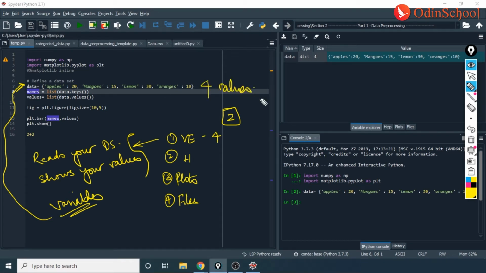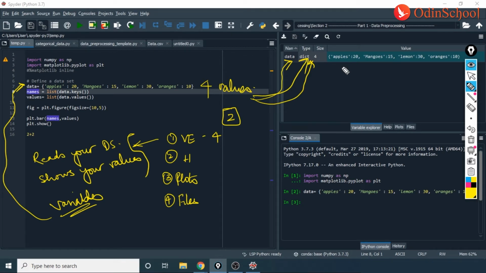And these four values are passed into data, and then it's giving me the size, that there are four values. It's also giving me what type it is. It's a dictionary. If it would have been a list, my Spyder IDE would tell me that this is a dictionary or a list or a tuple or a data frame. So this is something that Spyder is capable of taking care of.